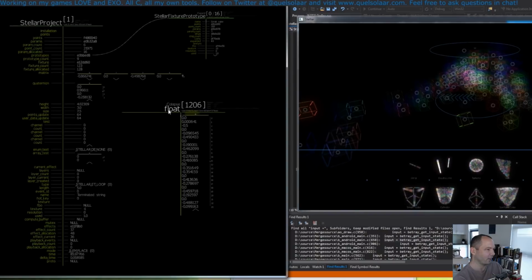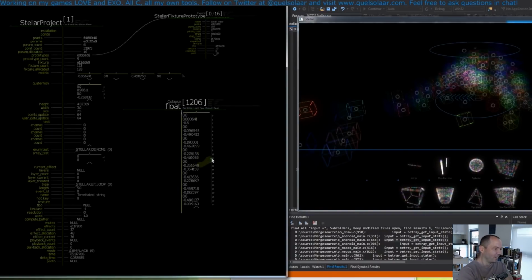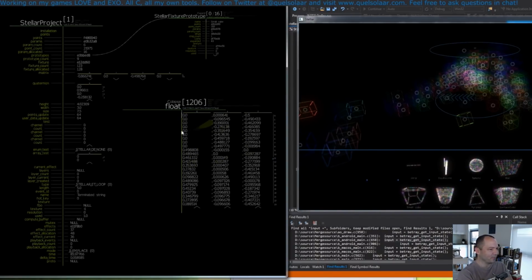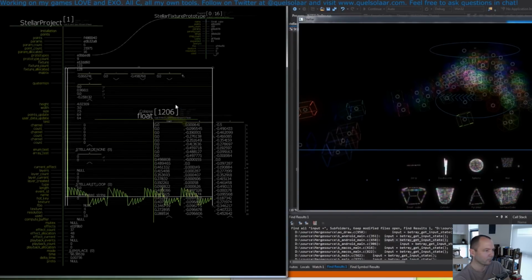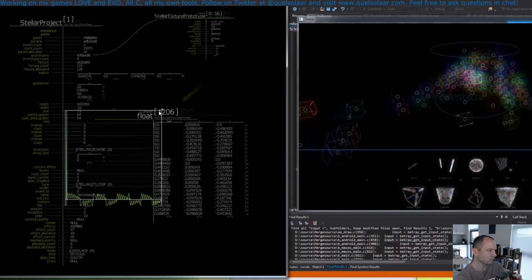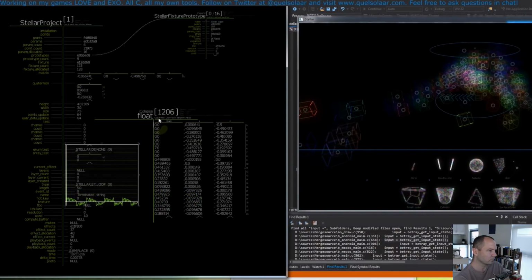Now we can take a look at these floats. What's going on? We can pull them out to have them in columns. So this happens to be XYZ data, so I kind of want to do it this way. Now I can go in here and actually edit the number if I want to, but I can also visualize it. So by clicking on this, see, I can draw a graph. So here is a graph of that data. I can also show a 2D graph, and